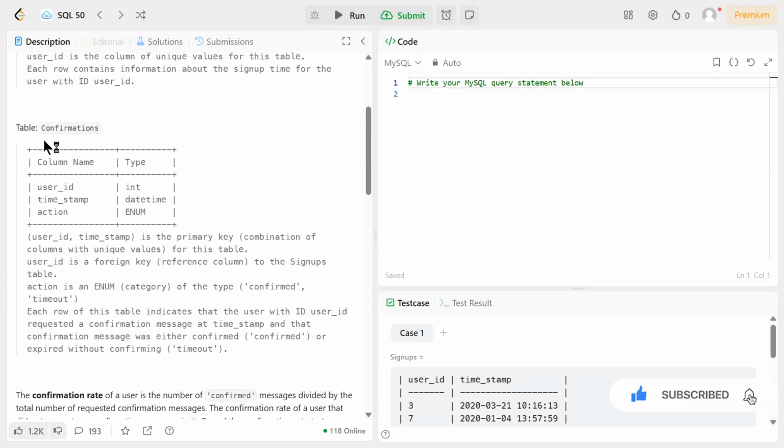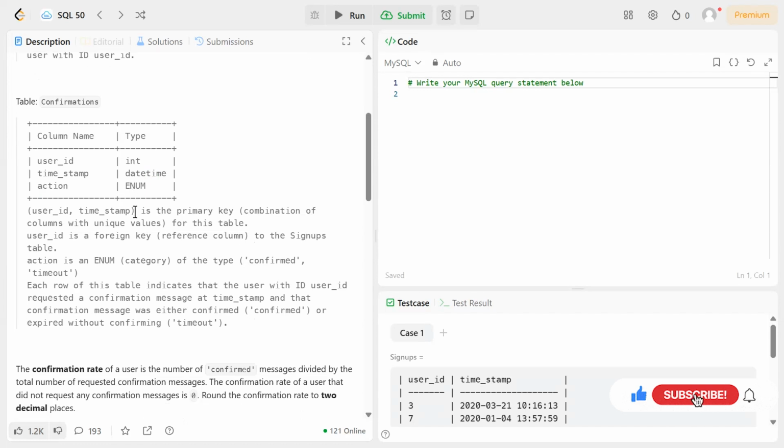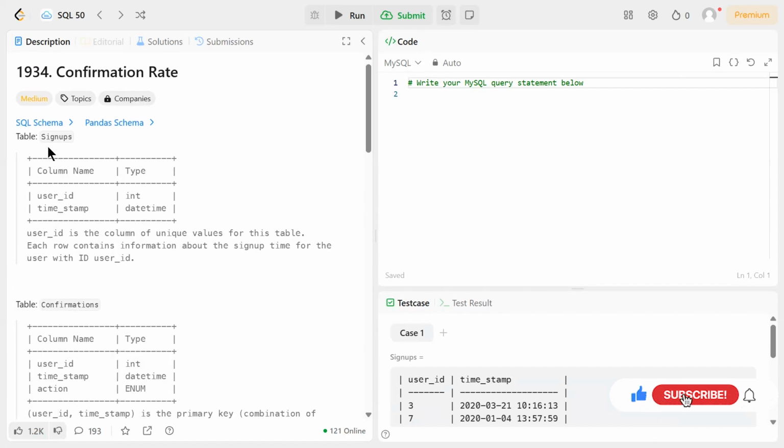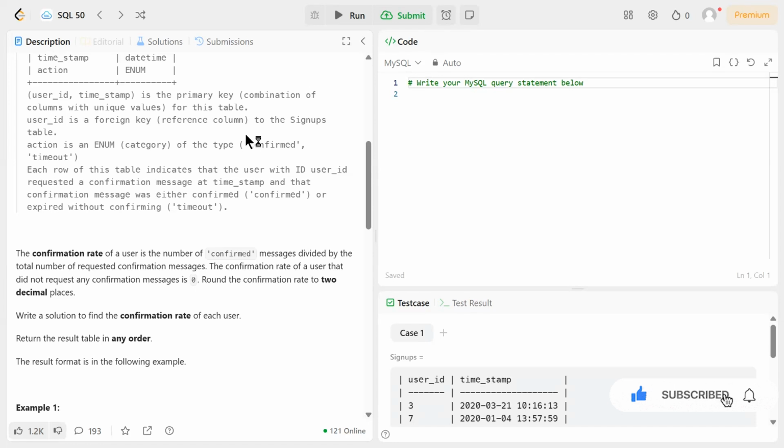And in the confirmations table we have three columns. The first one is user ID, which is integer type, the second one is timestamp, which is datetime, and the third one is action, which is of enum type. Here user ID and timestamp combined are the primary key, meaning the combination of these two columns is unique for this table, and user ID is a foreign key that refers to the signups table. Action is an enum, meaning a category of type confirmed